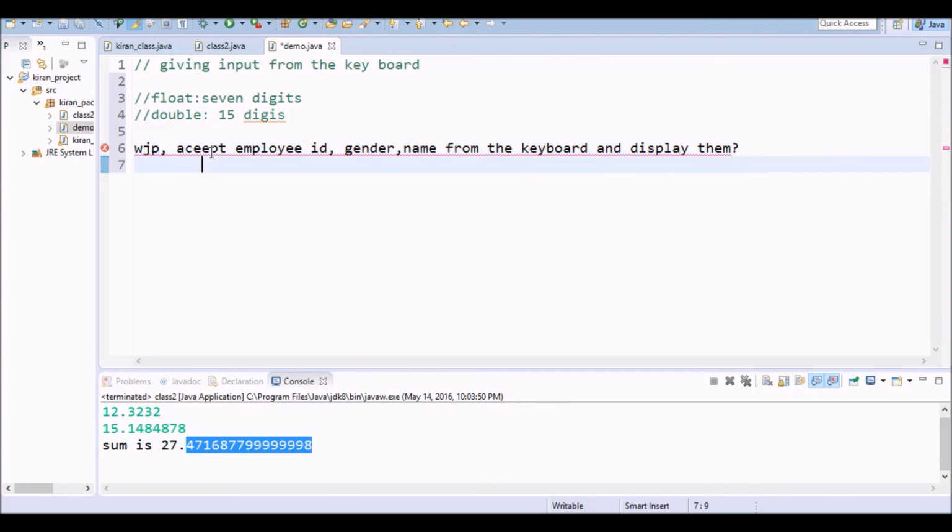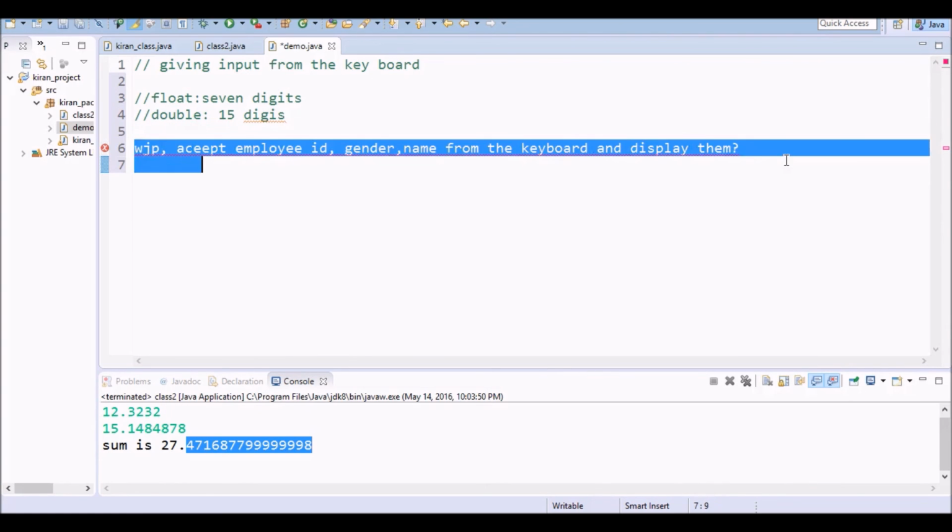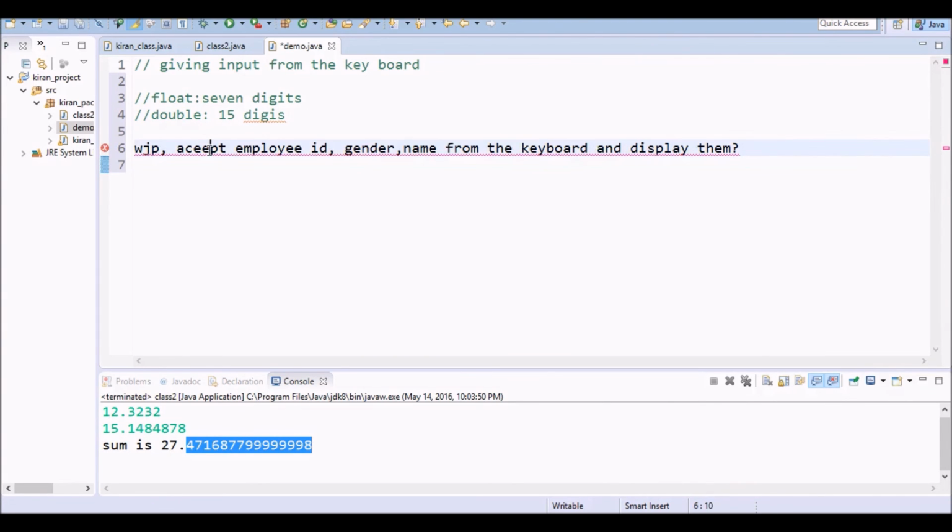Okay, so this is the question. So just practice this question before watching the next video. I want to print in the same manner: first one is the employee ID, second one is the gender, and third one is the name. I don't want name in between these two. I want exactly this same manner.